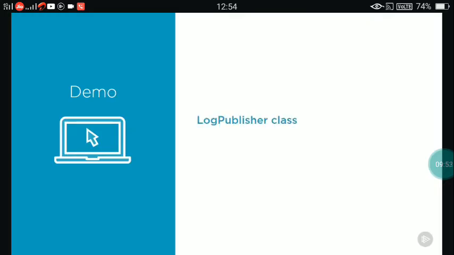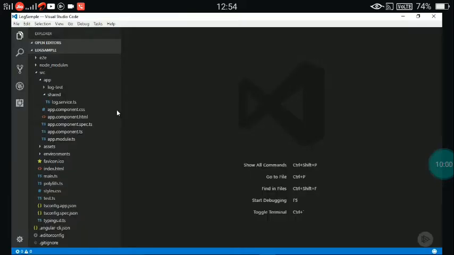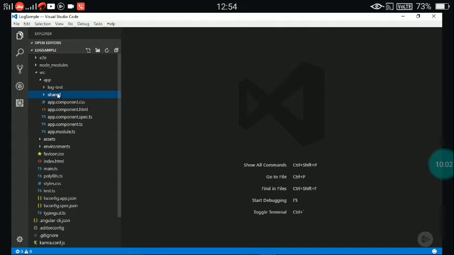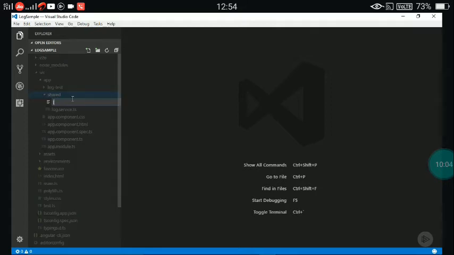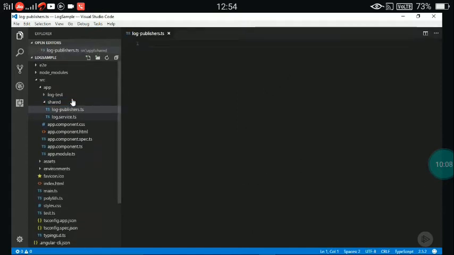Let's take a look at building our log publisher class and building our log console class. Add a new file here called log-publishers.ts. So it's inside of here that we're going to place several classes. The first will actually be our log publisher, that base class. Now we're going to have to import a couple of things. So we're going to import the observable